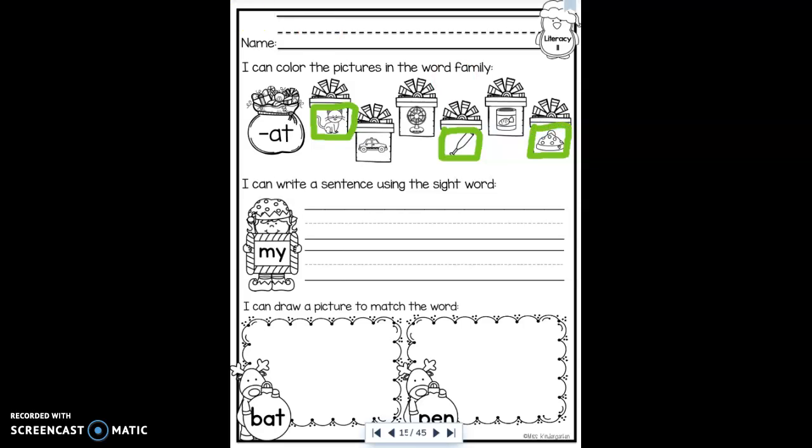In the middle, they have given me a sight word, and I have to write a sentence using the sight word. So, you don't have to use my sentence in this, but you may. Okay, we need to make sure we are doing this with a pencil. I'm going to start with the sight word, which is my. My